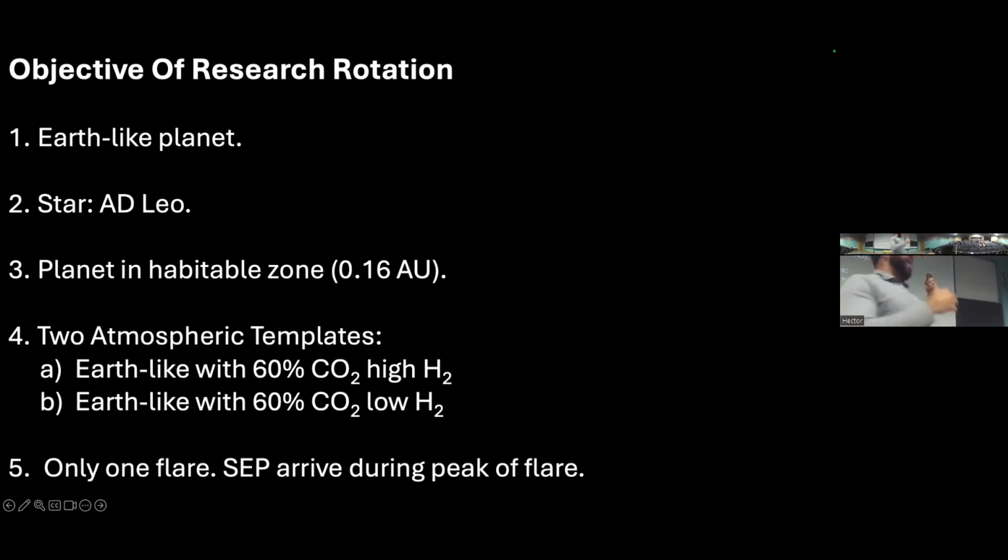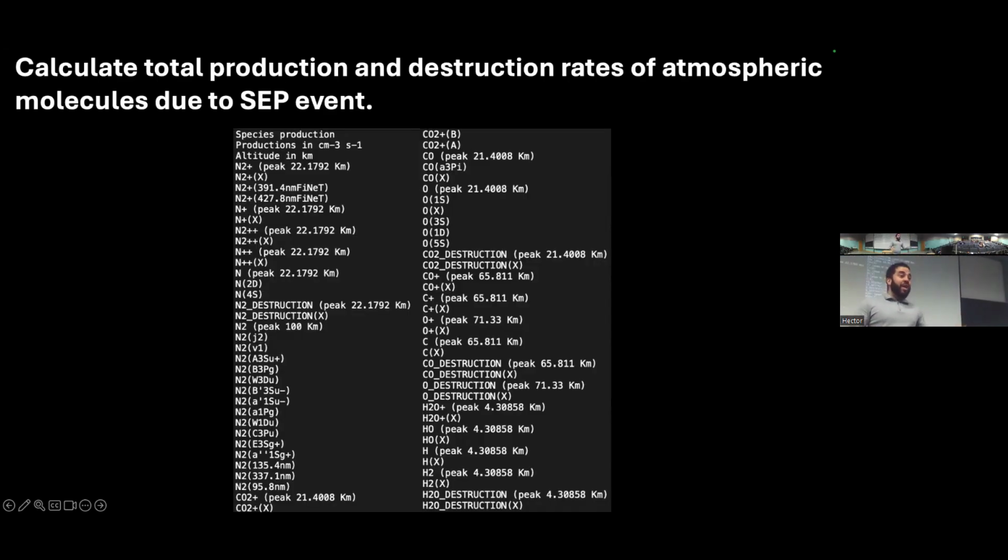For the first part, calculating the production and destruction rates, that was easy. Guillaume Grenov just sent me the data: a lot of molecules, with destruction and production rates for different excitation states of each molecule. Between Antigona and me, we decided which ones are intertwined with the photochemical model we're using, and which ones the photochemical model is not going to be able to recognize. So we had to do a lot of addition and subtraction, looking at which ones are related to what we want. Now, for the photochemical model, I use the one called ATMOS.